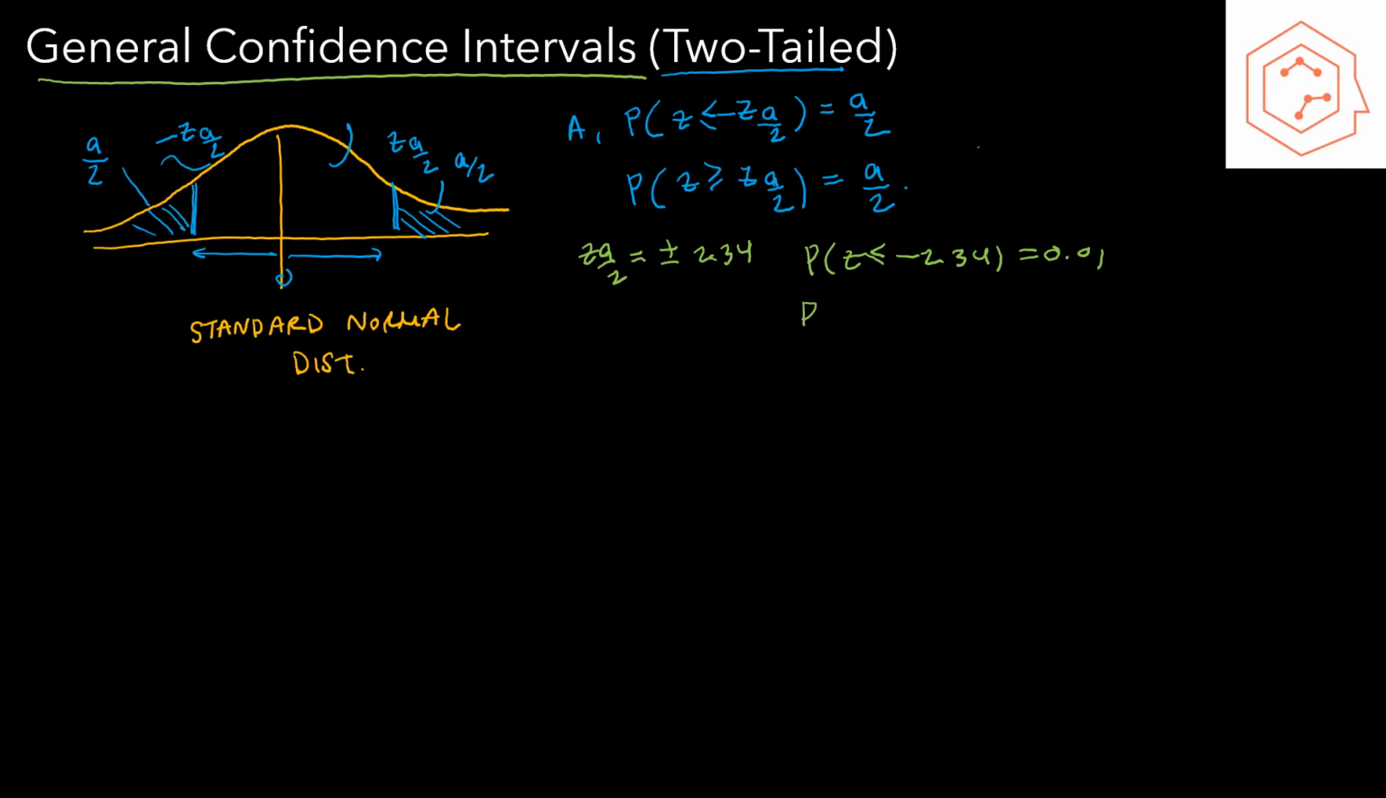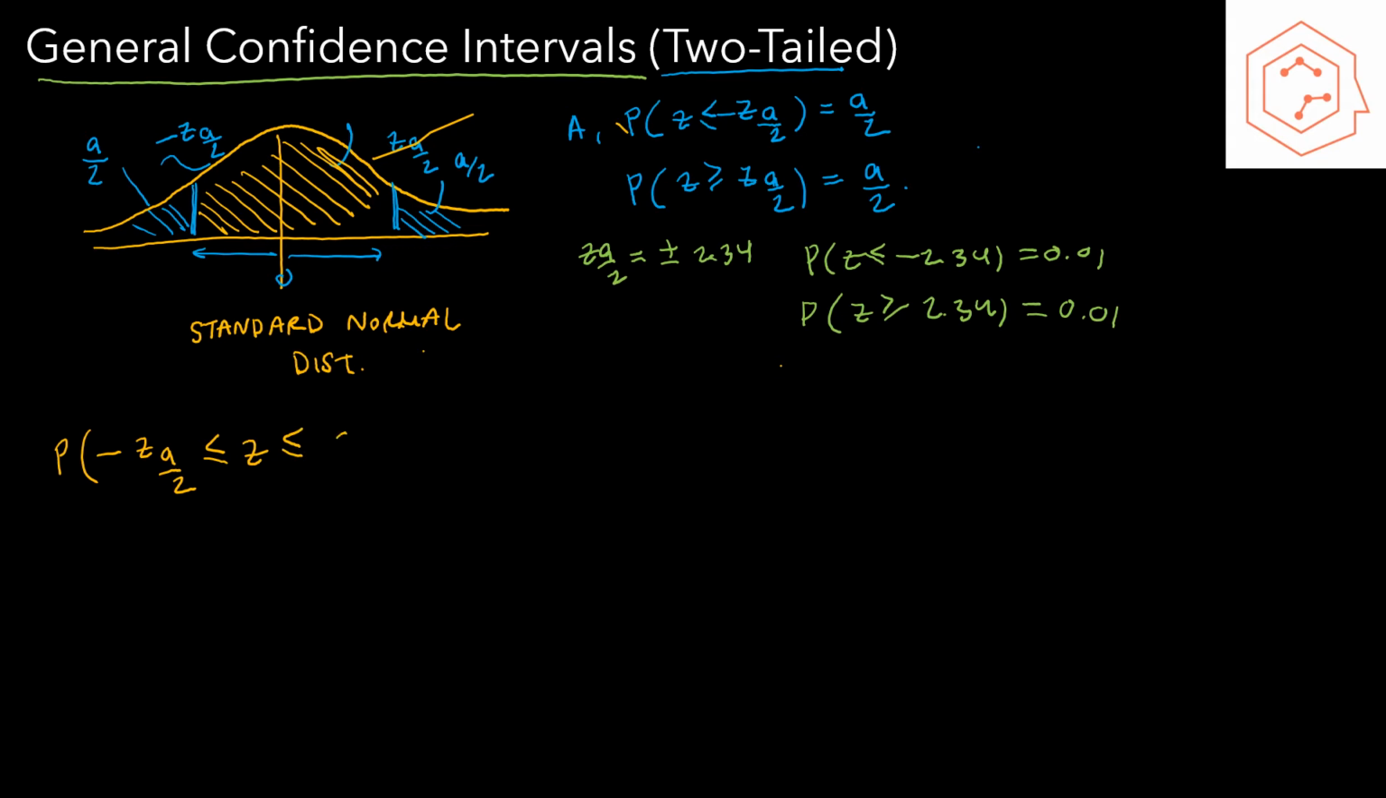And just as we showed before, the probability that z is greater than or equal to positive 2.34 is also equal to 0.01. So now, what we know is that the middle region, or this orange region, since the entire area under our normal distribution, which is a probability distribution, is equal to 1, since it represents the sample space, then the area in orange, or the probability that z is greater than negative zα/2 but less than or equal to positive zα/2, that's going to equal